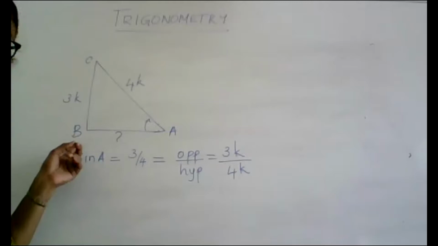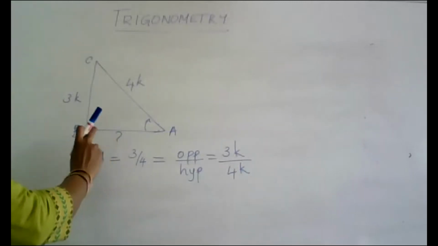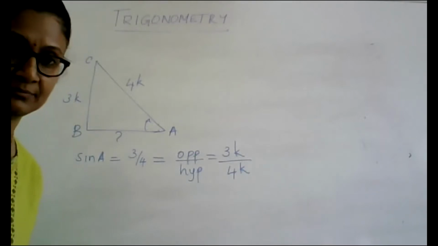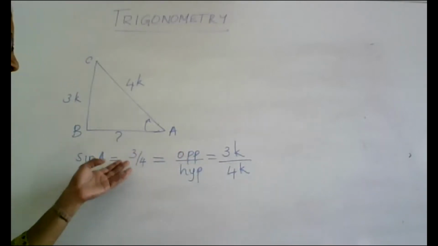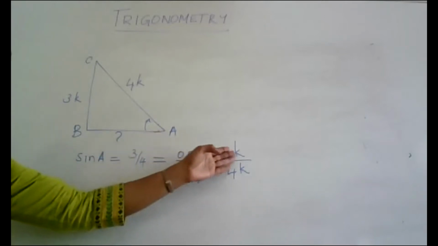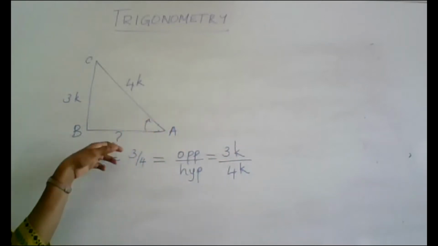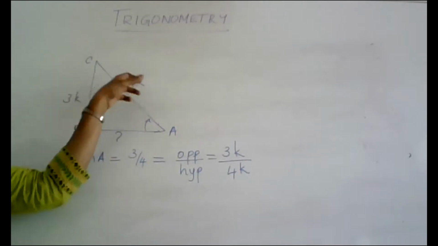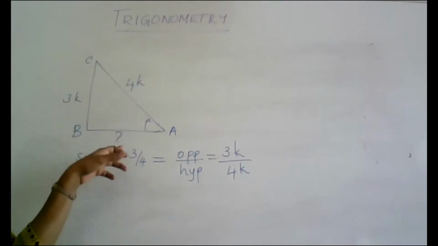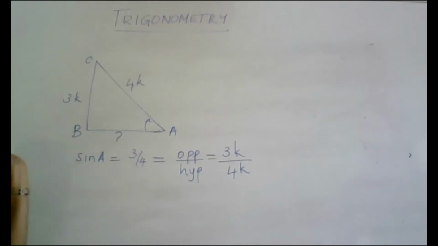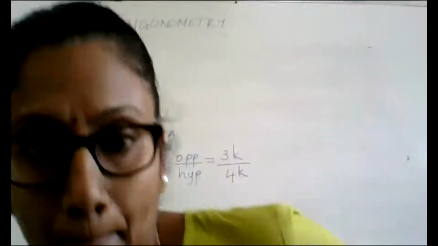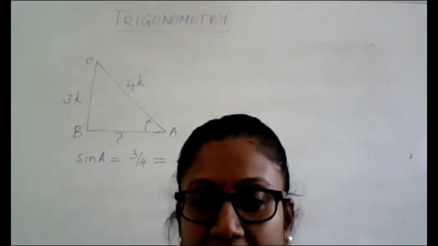Yes, ma'am. Because you know the Pythagoras theorem can be applied here. So find out your AB and then go back and find whichever ratio they want you to find. Because you will be finding the ratios, you will get only fractions. The k will automatically disappear, because all the three sides are in terms of k. You will get only fractions for these ratios that you want. Similarly, the next problem will work in the same way.